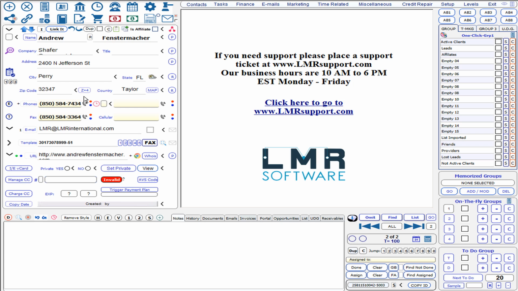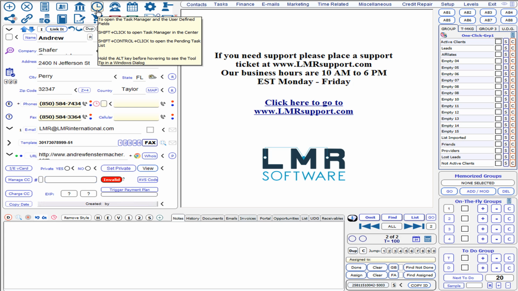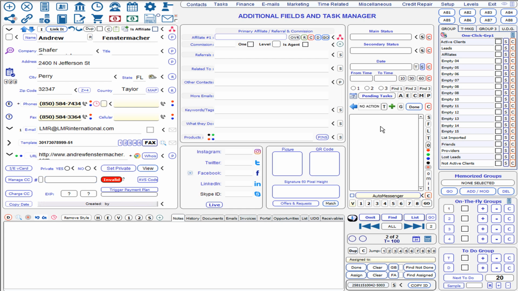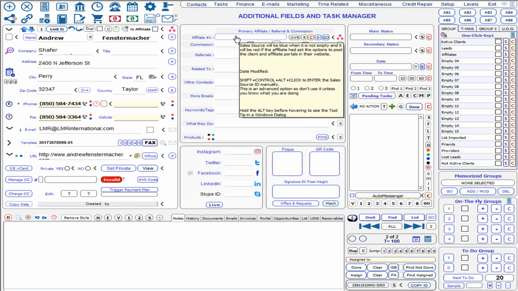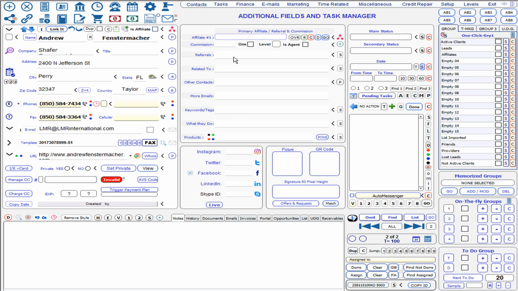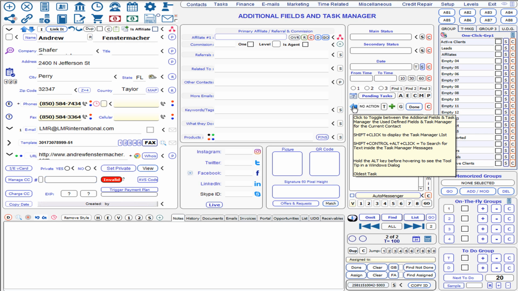of space in between. To access the fields that were pushing the others before, when you go to the task manager at the top here, the clock, you go to the task manager, you have the additional fields and task manager. So you have the affiliate field, commissions, referrals related to other contacts, more emails, keywords and tags, what they do, products. And to access the user-defined fields, you click this arrow,